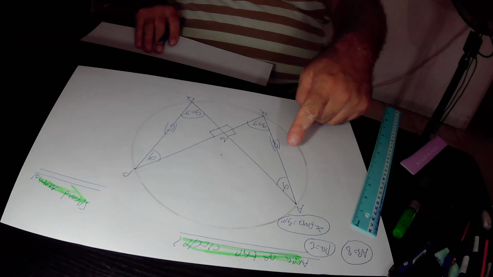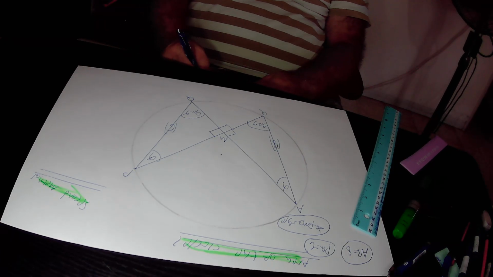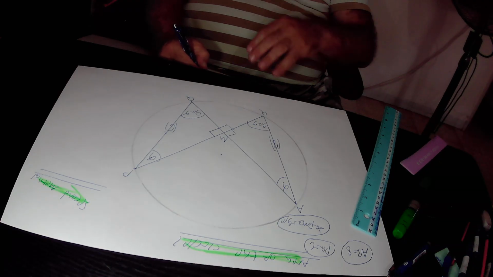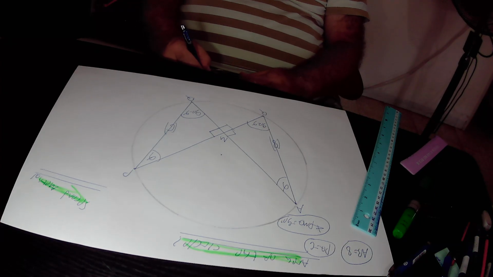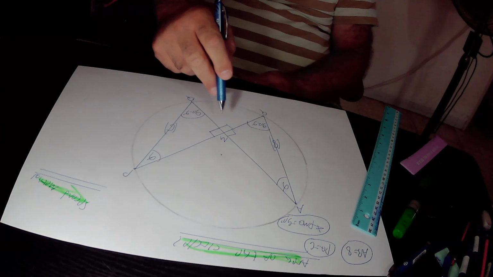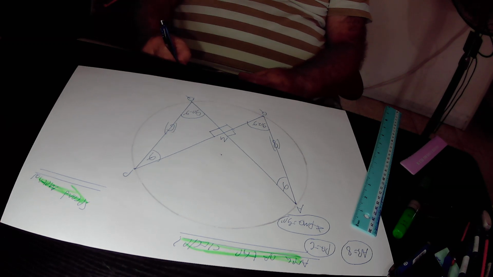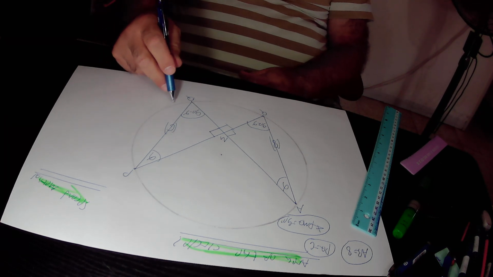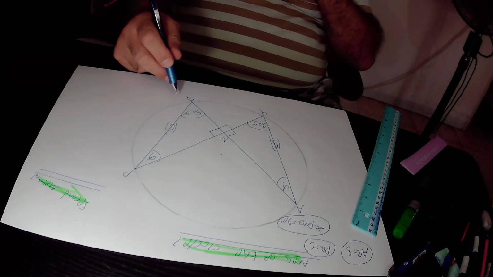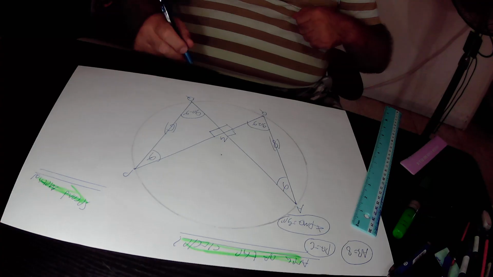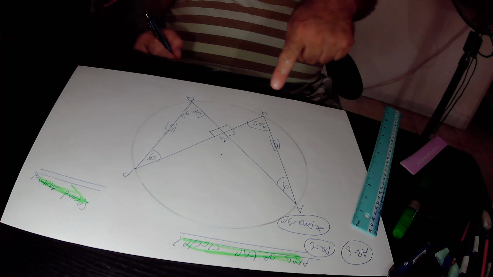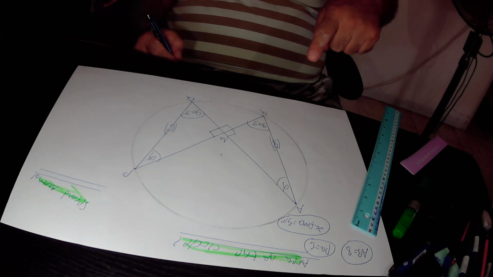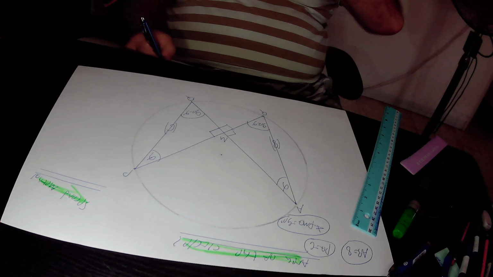We derive that side AQ of the right triangle AMQ over side PQ of the right triangle PMQ is equal to side AM of the right triangle AMQ over side PM of the right triangle PMQ, and it is also equal to side MQ of the right triangle AMQ over side